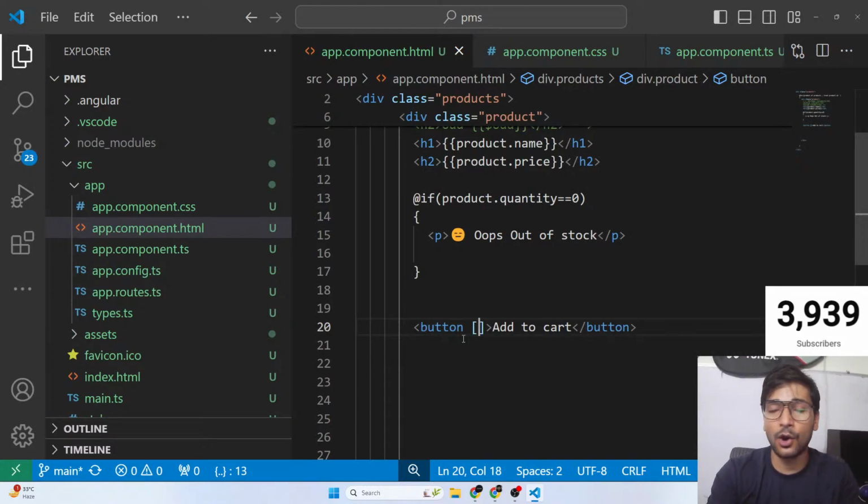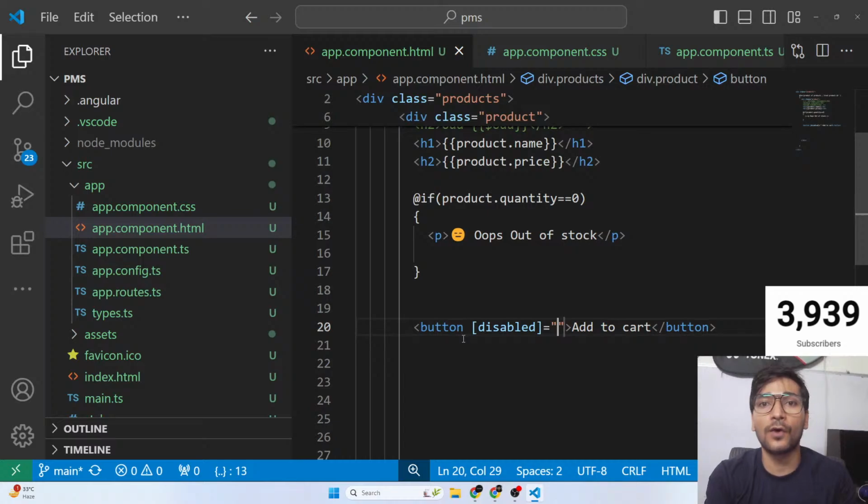So guys, for property binding, always put your property inside square brackets. So disabled. And we want to give it true or false. So we need to put a condition here, right, everyone? What is going to be our condition?